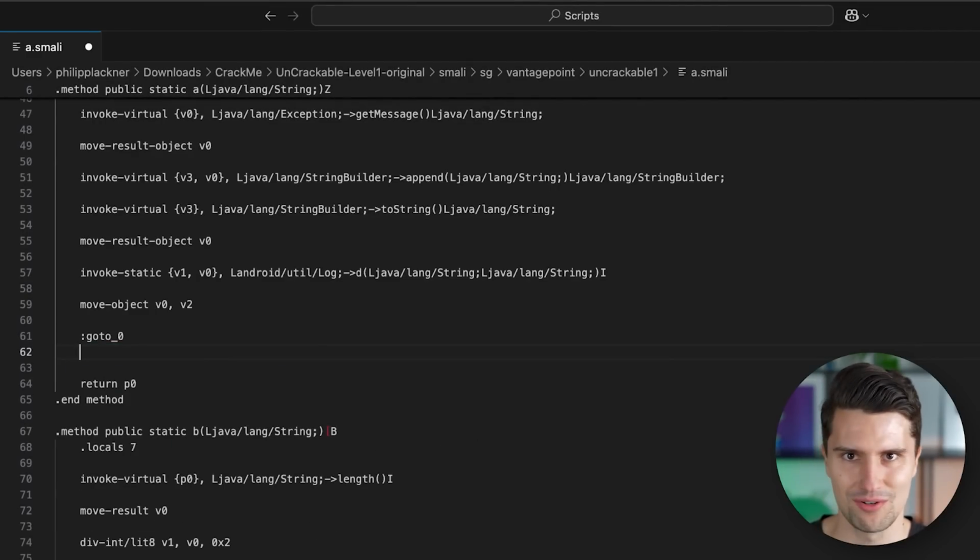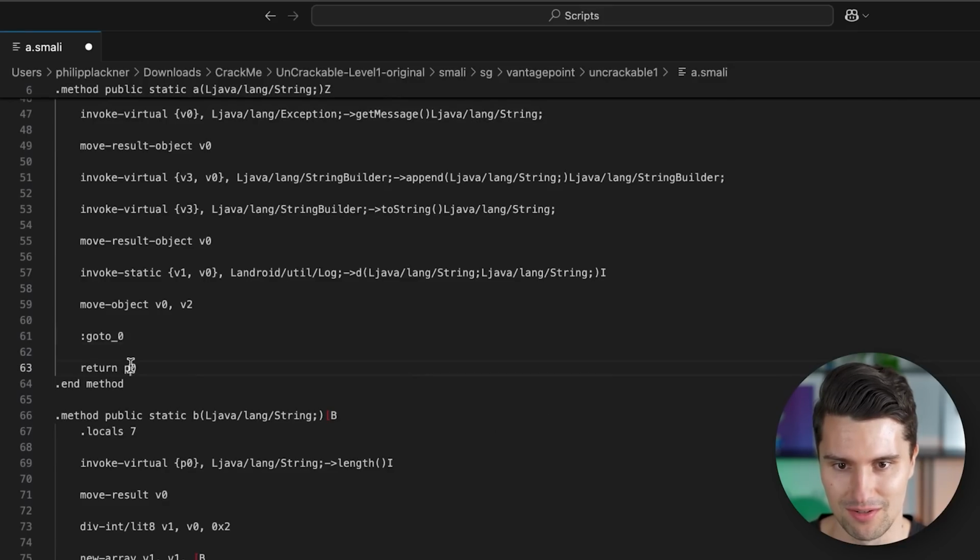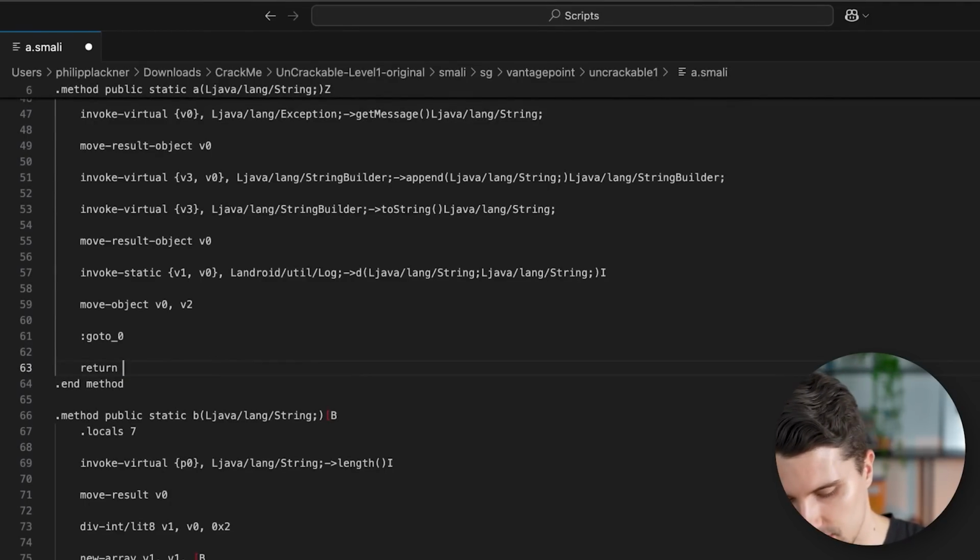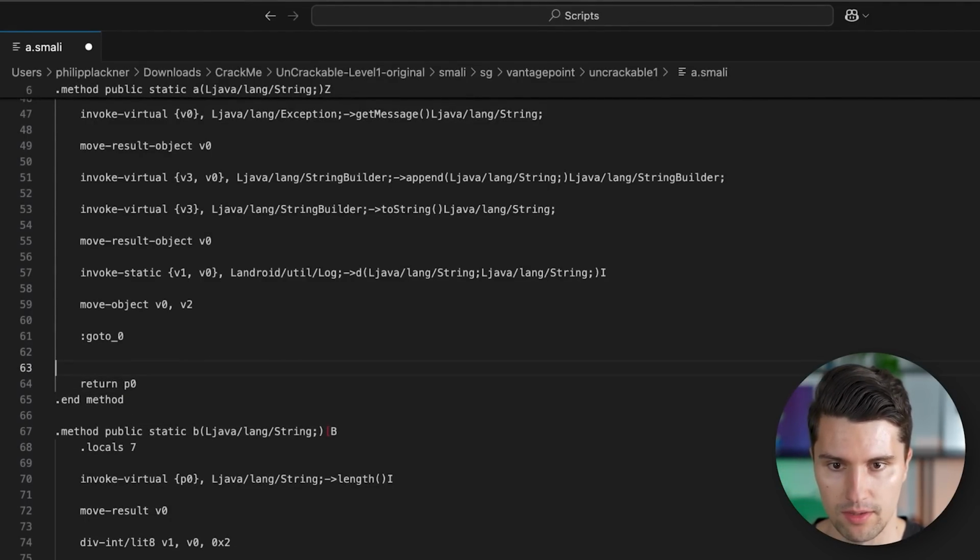Let's remove that. We don't care about that. We always want to return true, right? So we can just modify this return statement. And the way Booleans work here in Smali code is we just type const/4, and we actually want to store this in the P0 variable. So let's revert this and say we want to return P0, and then above we just inject an instruction with